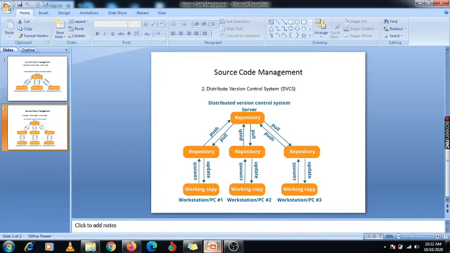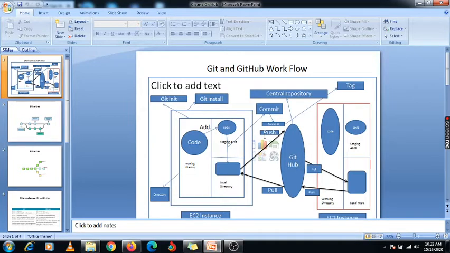Okay, so now we are going to move forward to this Git and GitHub. This is the workflow, where I am trying to show how this Git works. First we are working on my EC2 instance. This is my one EC2 instance and this is my second EC2 instance. On one EC2 instance, one developer is writing code, and on another EC2 instance, another user is writing their code, right?